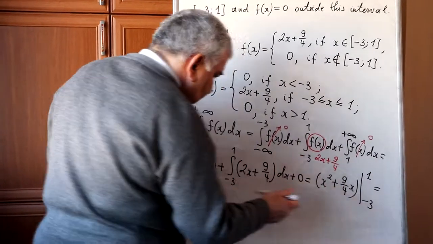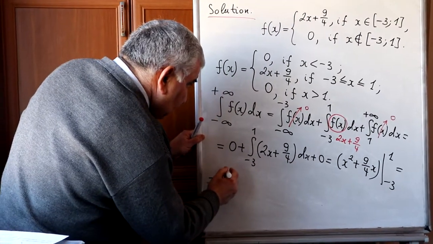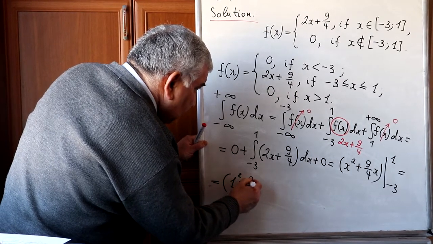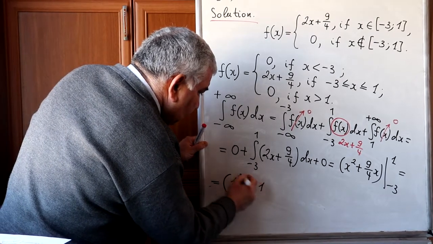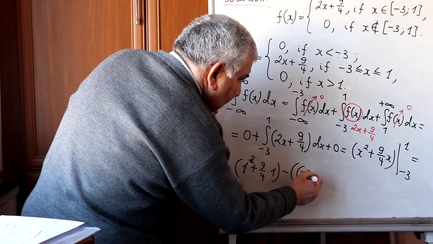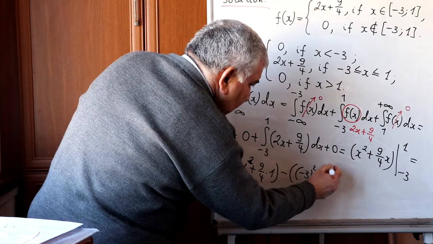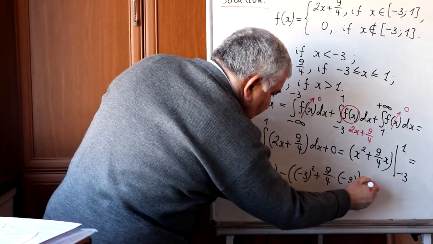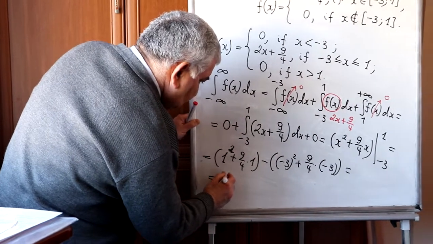It equals 1 squared plus 9/4 multiplied by 1 minus ((-3) squared plus 9/4 multiplied by -3) equals